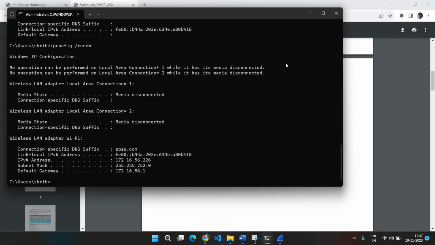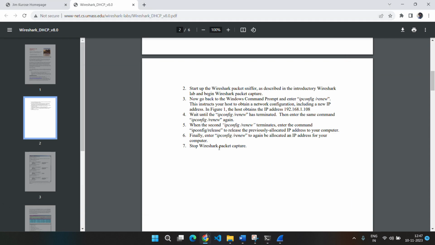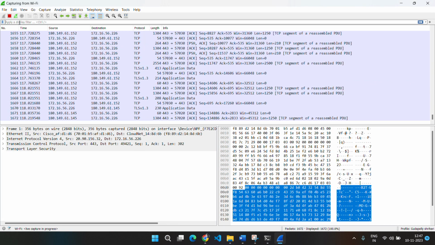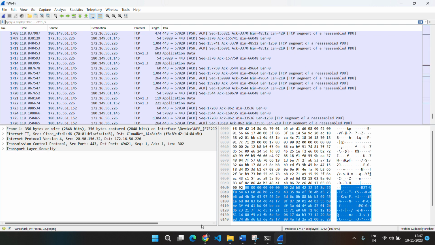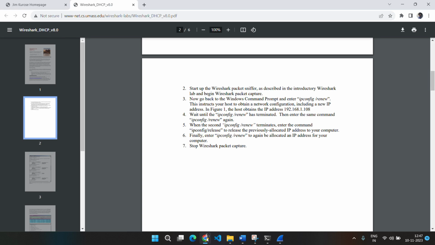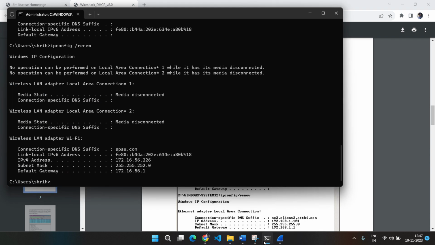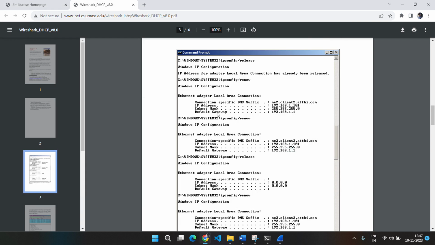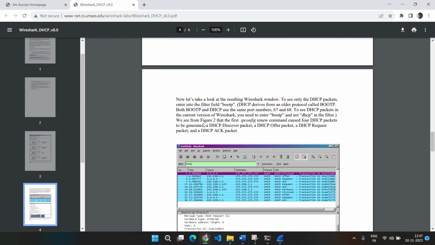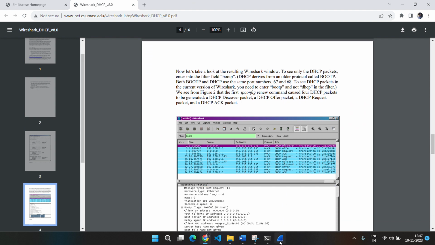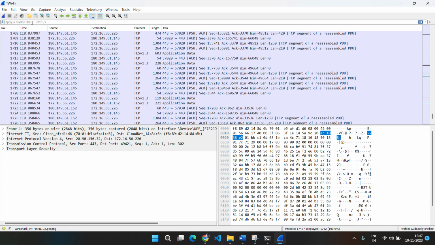After completion of this, stop the Wireshark capture. Here are some instructions. Like this we have got the IP address, that is 172.16.56.256. Now let's go to Wireshark and enter